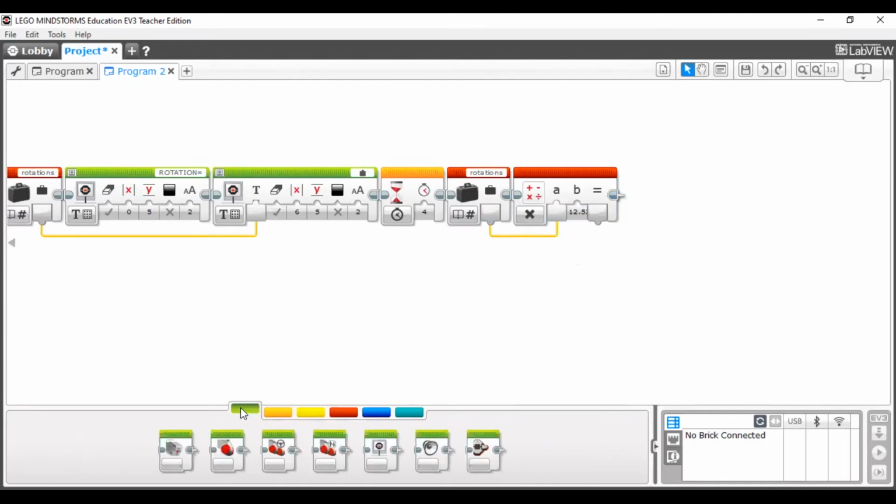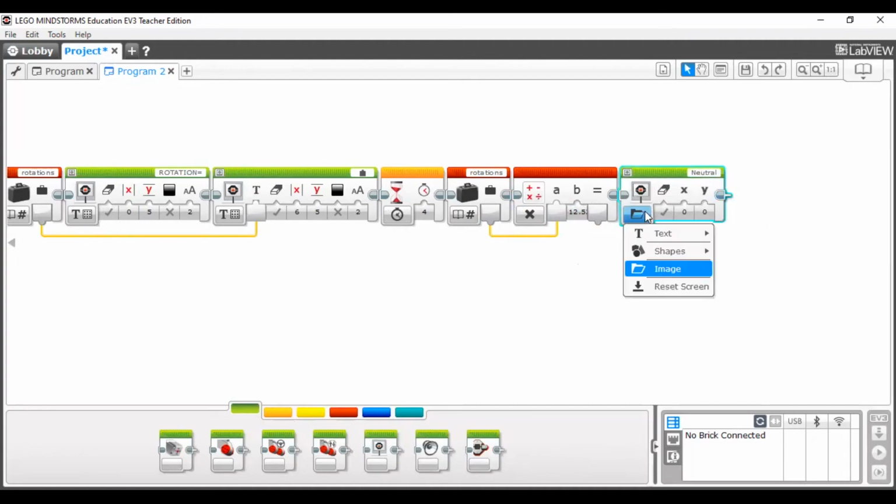So now again you can display here. Okay, take the same thing, a display block here, and you can make it text.